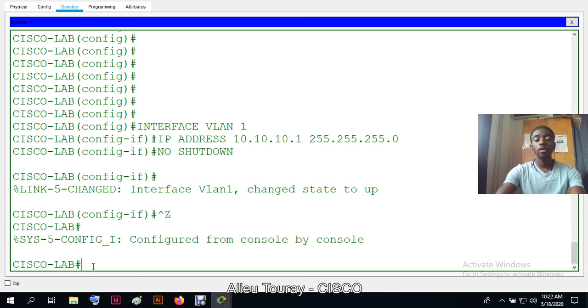Our configurations are saved in two components, that is the RAM and the ROM. At this moment, whatever we are doing is saved in the RAM because the RAM keeps the data temporarily. So we have to save this configuration from the RAM to the NVRAM. The configurations on the RAM are called running configurations, and the configurations stored on the NVRAM are called startup configurations. So we're gonna type copy running config